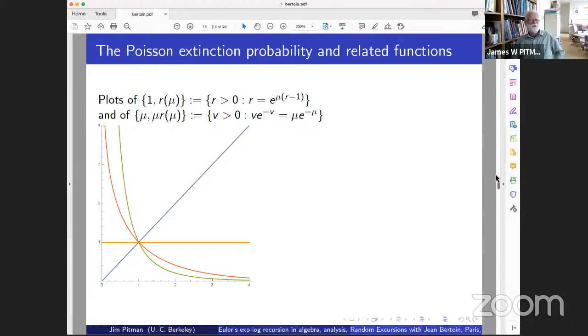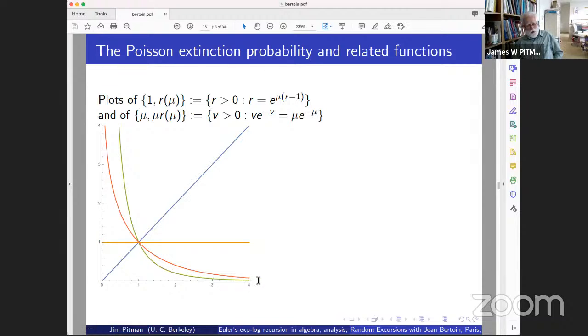Just to remind you of the Poisson extinction probability and related functions, the function R of mu, these are the roots of R is e to the mu R minus 1. If you multiply them by mu, you get a slightly more pleasant equation, where you're looking at the two solutions. v e to the minus v is first increasing and then decreasing, has two solutions, and those solutions, so here is the Poisson,